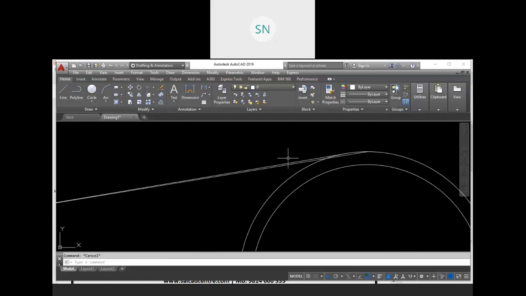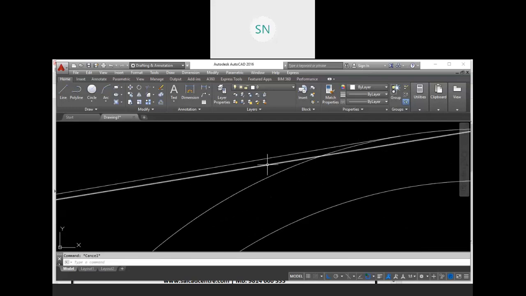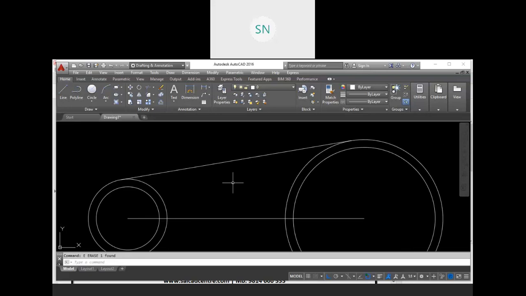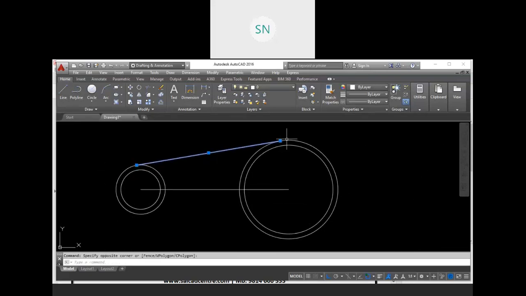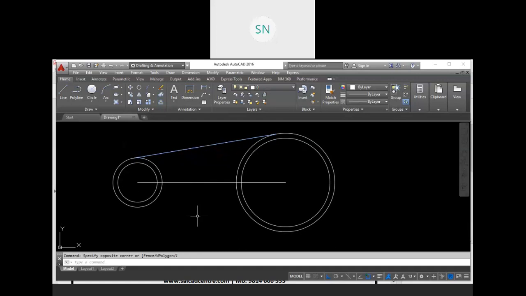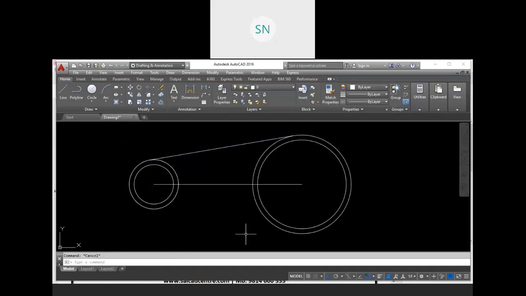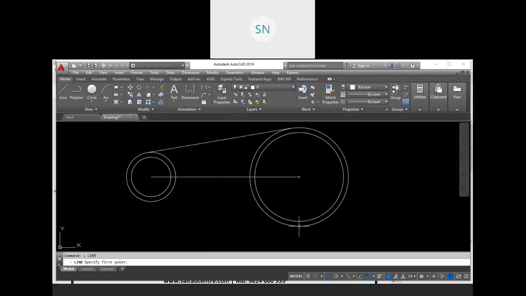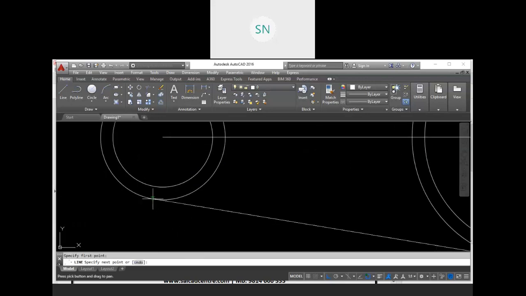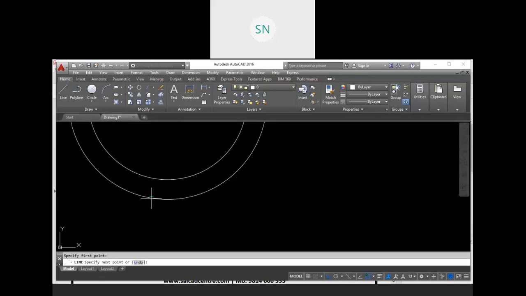Sorry. So we have created two lines over here. Remove this first line. So this second line is almost tangent with both the circles, right? Similarly, again I am showing you on the bottom side line. I am starting my line from this quadrant point and going to create a tangent line with this circle. See this tangent relation we have.